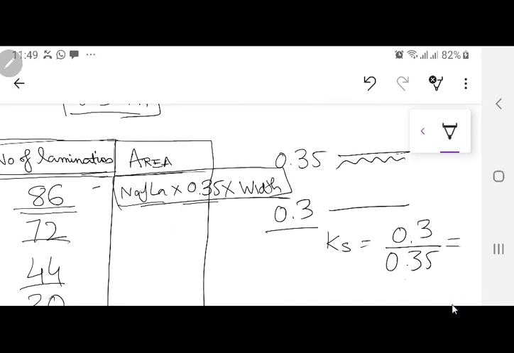ठीक है? क्या किया? क्योंकि you want to find out the area. Whenever you want to find out the area, you need one length, the other length. Other length आपको मिल गई है: number of laminations multiplied by thickness of one lamination. ठीक है? तो आपको ये वाली lamination चाहिए, thickness length चाहिए. जी, do it.